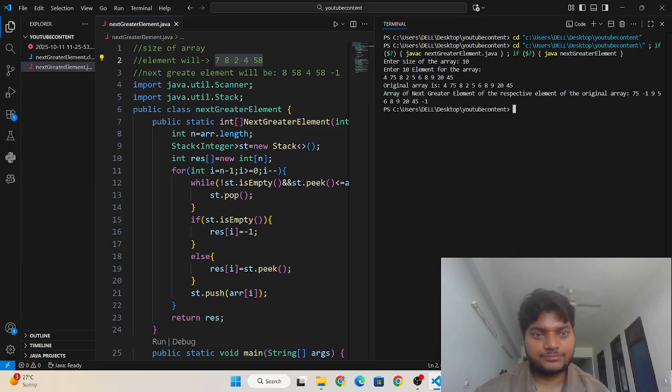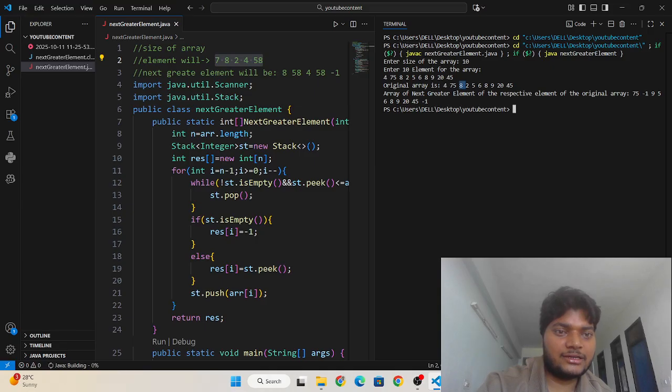Okay, see, the original array is this one, and the array of next greater element of the respective element of the original array is this. See, the next greater element of 4 is 75. The next greater element of 75 is nothing, so it will print here -1. And the next greater element of 8 is 9.